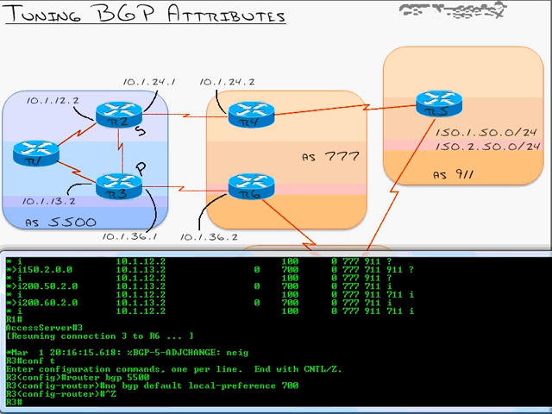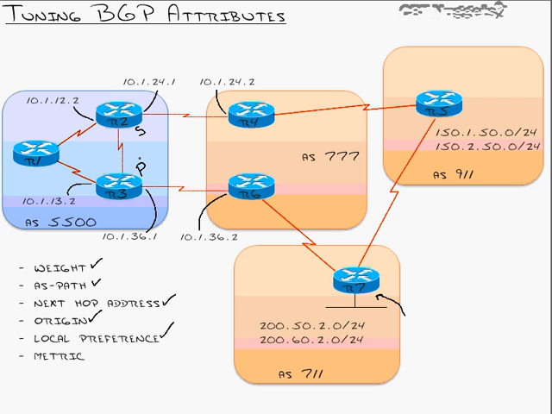Here's the story. Let's say we've got router 3 that we want to be the primary router for these networks over here. Now, is that the default looking at our system? No, because router 3 has to go through more autonomous systems. 1, 2, 3 autonomous systems before it can reach those networks, whereas router 2 just has to go through 2. But maybe router 3, we'll just say for the sake of the story, router 3 for some reason has a better path to those networks than router 2, but the autonomous system path doesn't reflect it. But router 2 has a better path